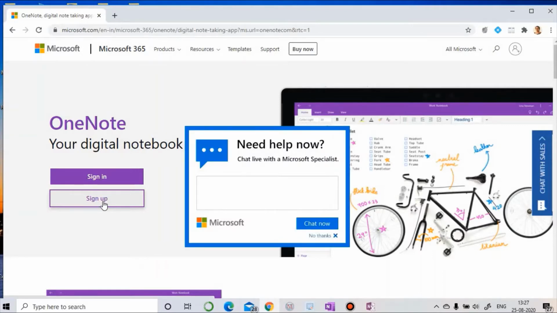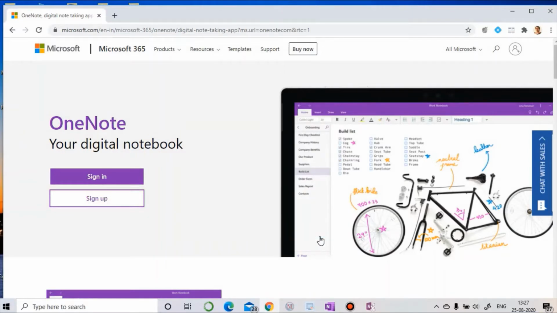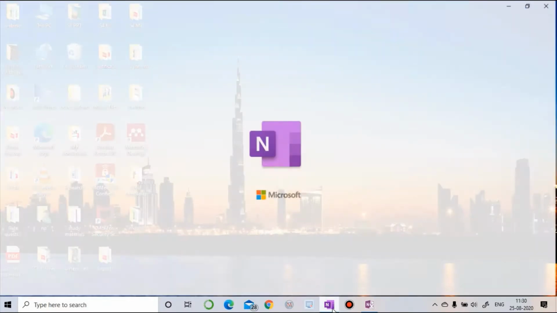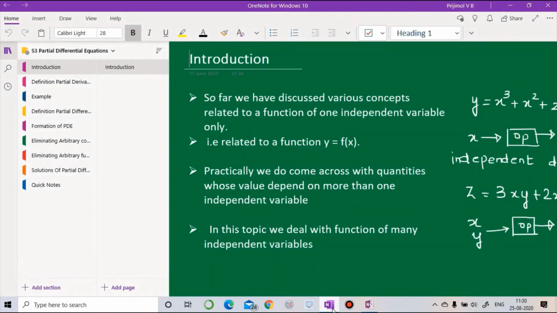And even when you are working in an offline mode, the data gets synced automatically when you are back to online mode. And this is the coolest version of OneNote. I recommend you definitely use this for online teaching. You can pin the Microsoft OneNote application to your taskbar. So whenever you are about to take your online class, you can simply click onto it. It will immediately take you to the page you have been working on. See, I have already created a notebook for you.